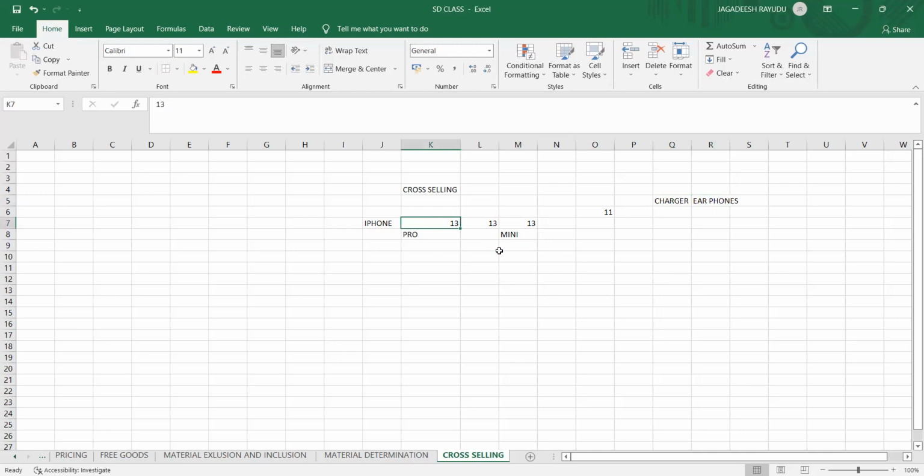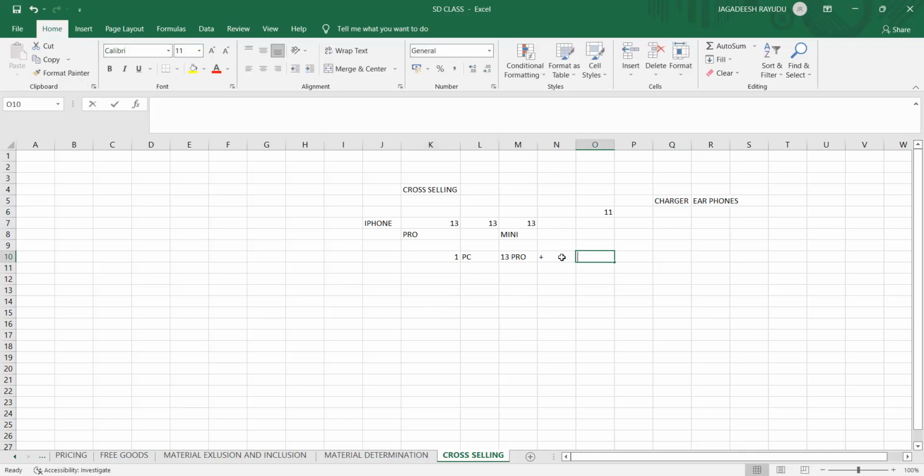Suppose you are buying any one of the variants, 12 or 13, depending on the price and features. Once you go to Amazon, Flipkart, Reliance Digital, Croma, or any retail outlet, either buying directly or adding to your cart, suppose you added one iPhone 13 Pro. Immediately below, some other products also come up, shown with a plus.